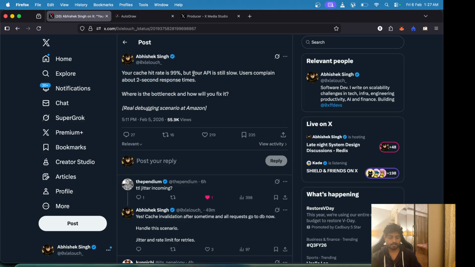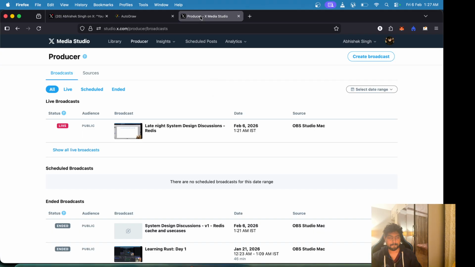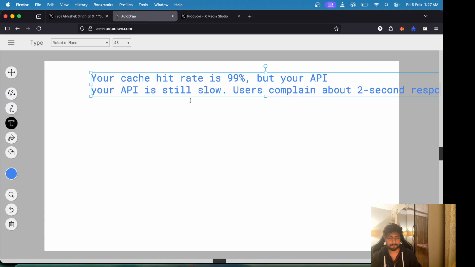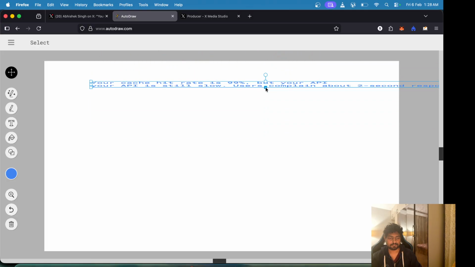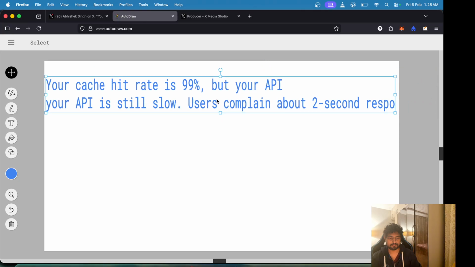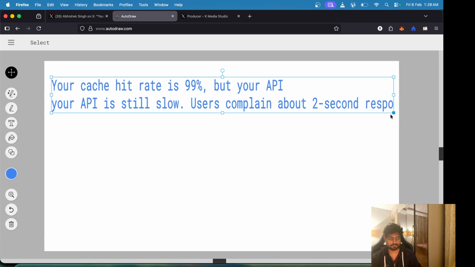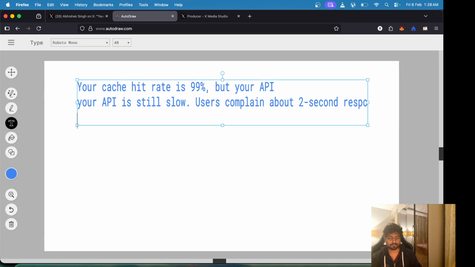But your API is still slow. Users complain about a 2 second response time. What is the bottleneck?